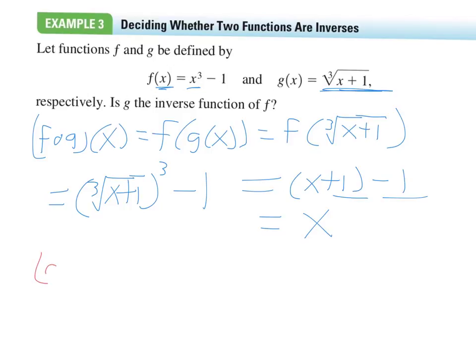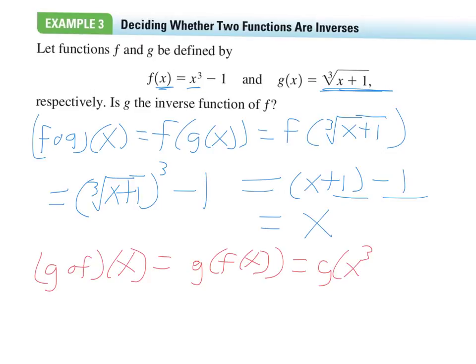Now you have to do g of f of x. Remember, that's the same as saying g of f of x. That's the same as saying g of x to the third minus 1, because f of x is x to the third minus 1. So that means,